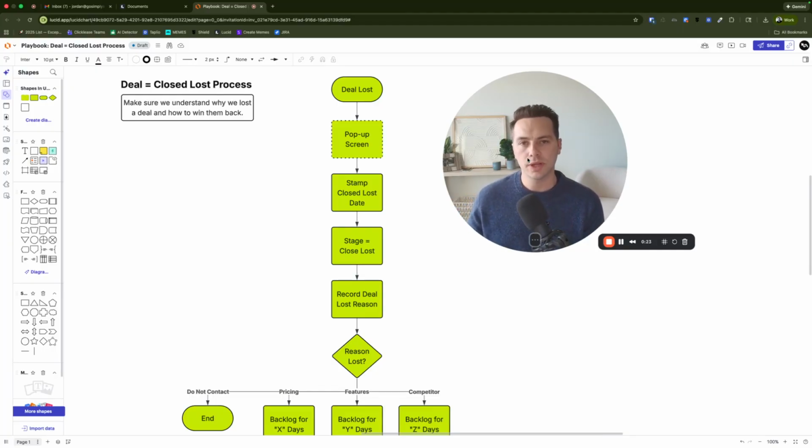What we want to make sure that we're capturing is, why did they say no? Who did they go with if they went with a competitor? How do we possibly win them back? What did they complain about as to the reason why they didn't want to go with us? And if we don't capture that, you're likely just going to keep repeating these same mistakes because marketing doesn't know